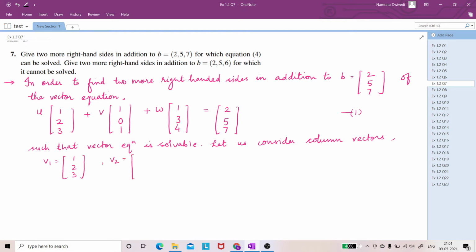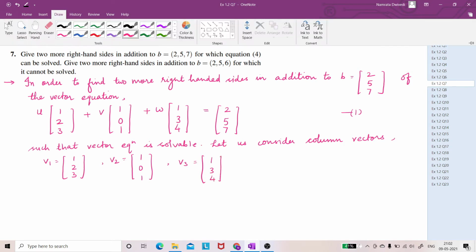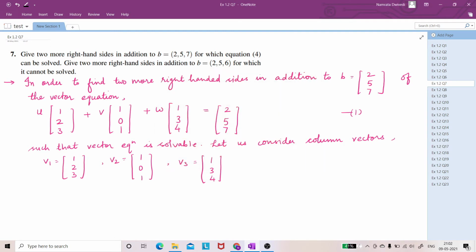v2 is equal to 1, 0, 1. And v3 is equal to 1, 3 and 4. Okay. So now let us first show that these vectors must lie in the same plane. So for this, what we'll do,